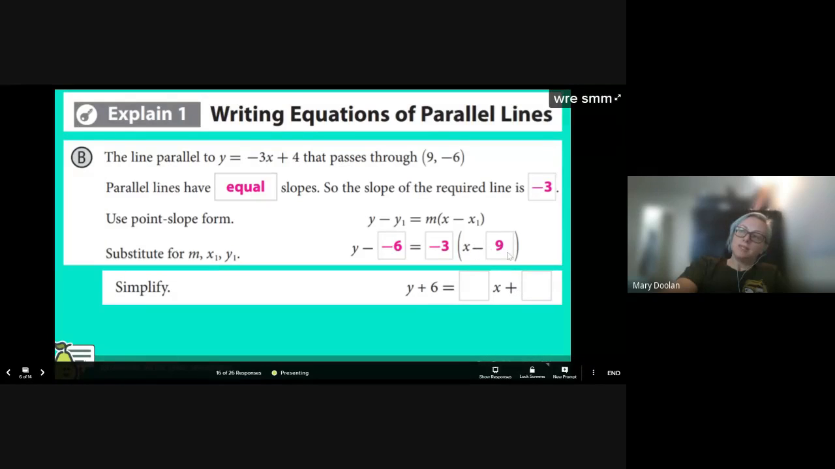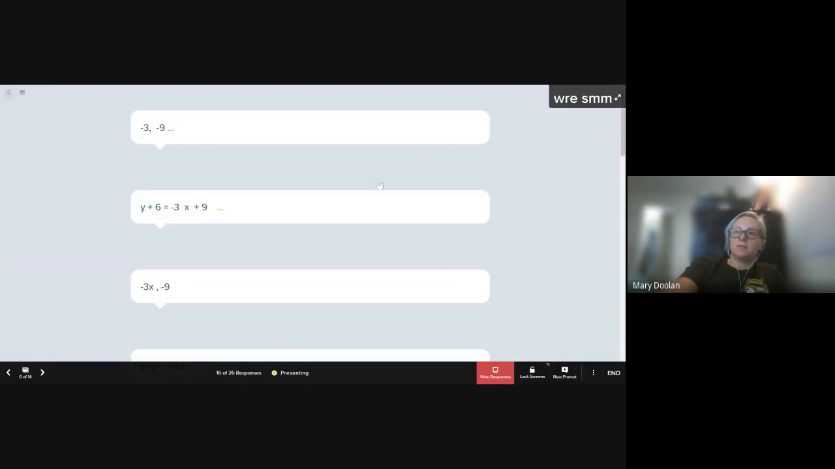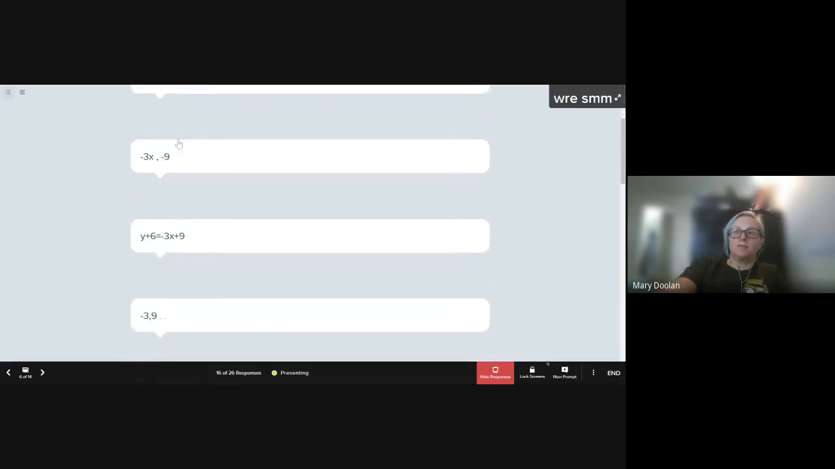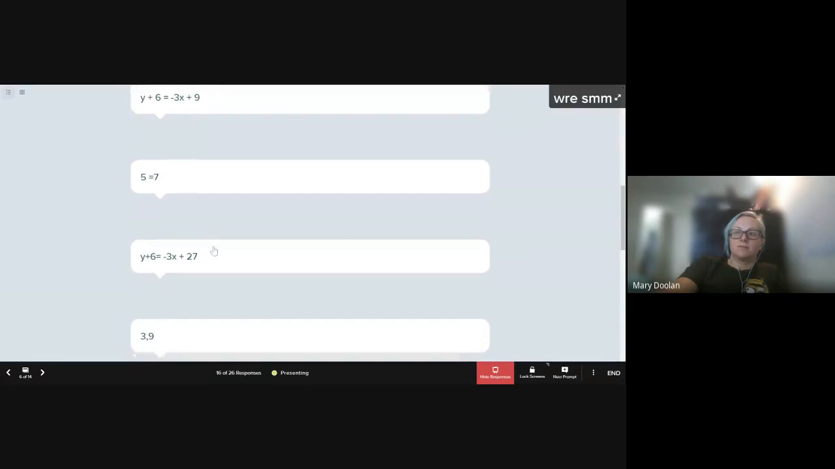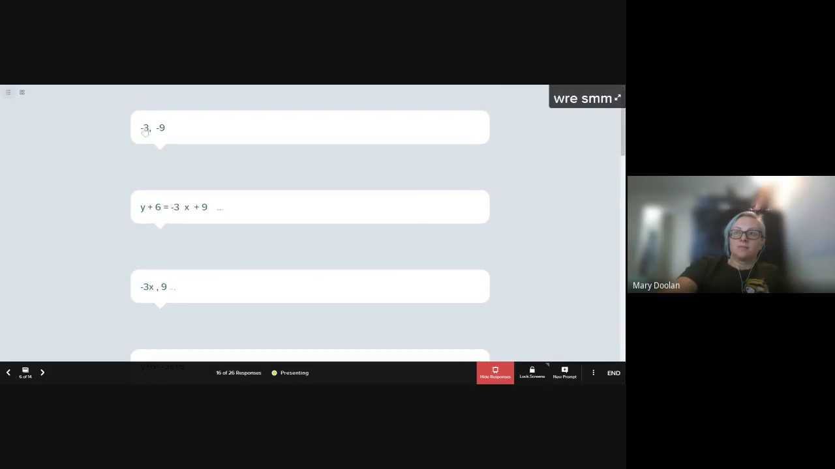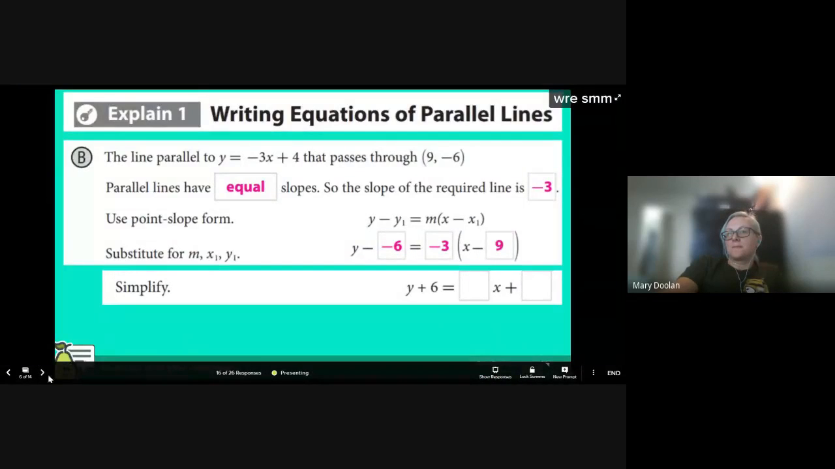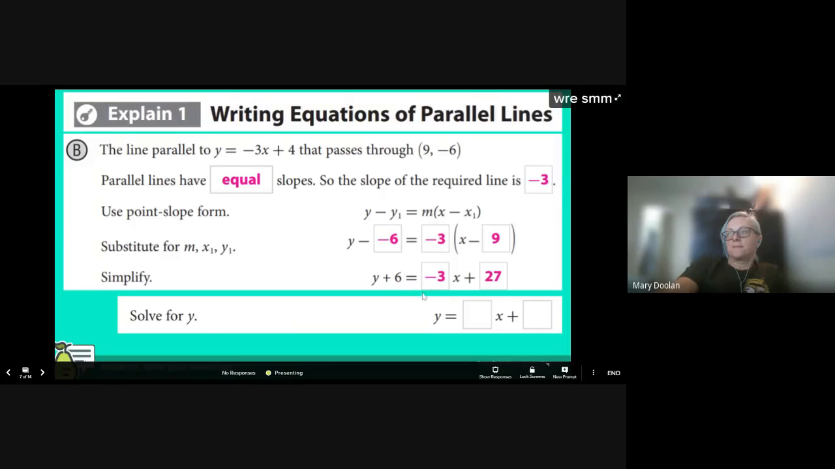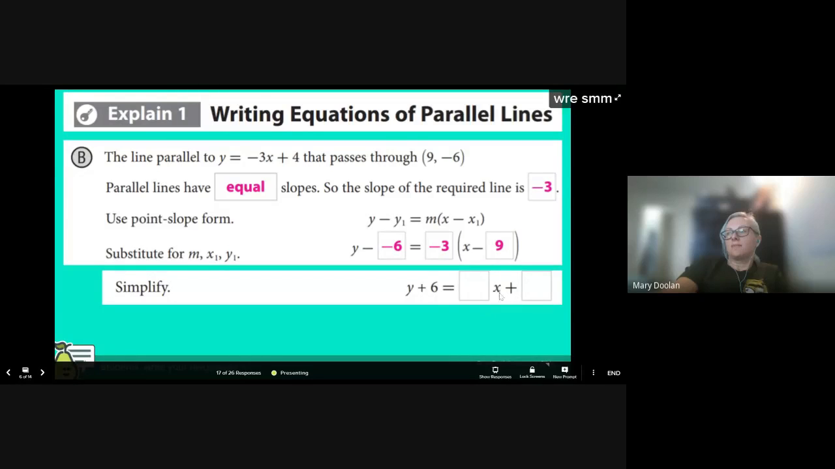So minus -9 is the same as adding -3, -9. -3, -9. Oh, wait, what did it do? It's 27. Okay. So I didn't even notice. I made this myself and I forgot what I did. So